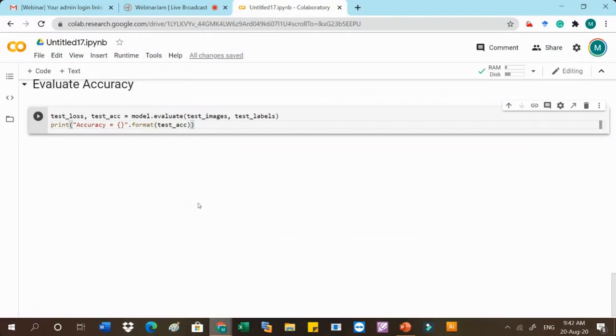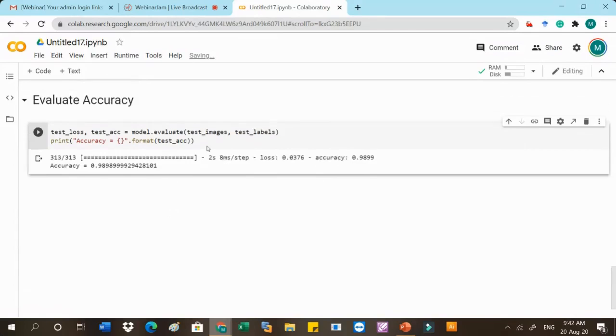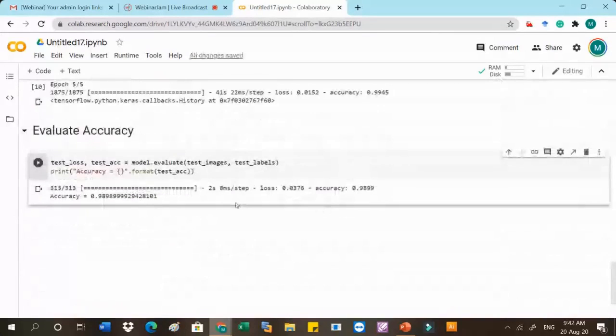So this is all set. Now you just have to execute this statement. Now the testing is completed in only 2 seconds. So you can see how fast it is. Once the weights are fixed during the training process, it takes very few moments to execute the testing samples. There were 10,000 testing samples, and we are getting 98% accuracy on the testing data set. Testing data set means the data which we have not seen during the training. So still we are getting a good 98% accuracy.